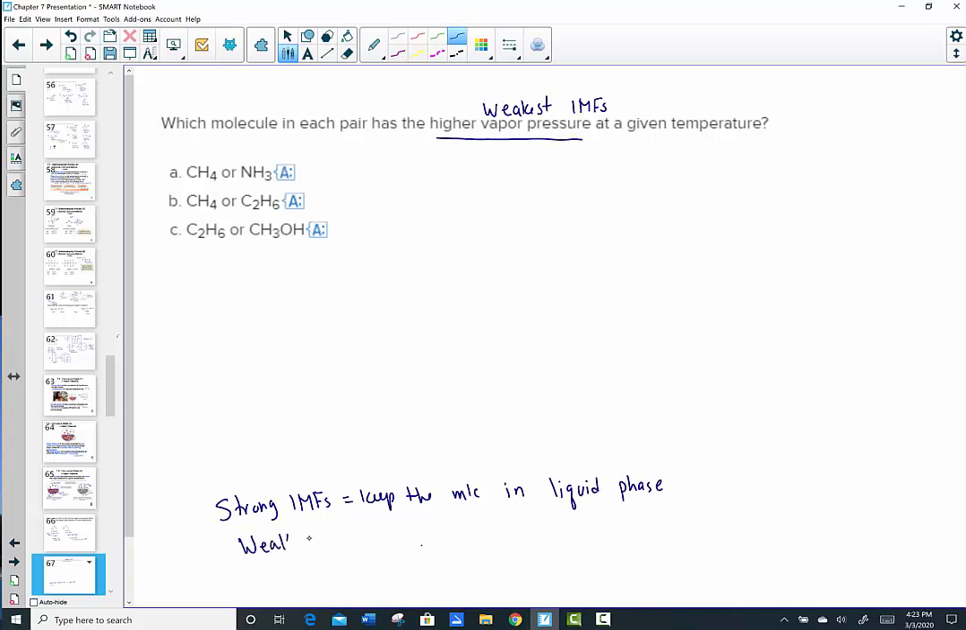Weak IMFs allow the liquid to turn to a gas and thus raise vapor pressure. Now that's the logic of this question. Find the weakest vapor pressure. In letter A, you have a non-polar molecule, quite boring, methane,